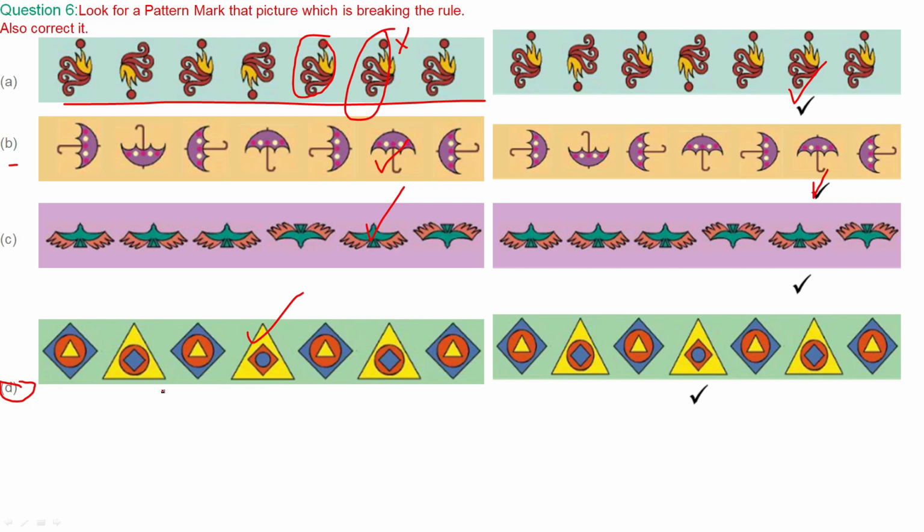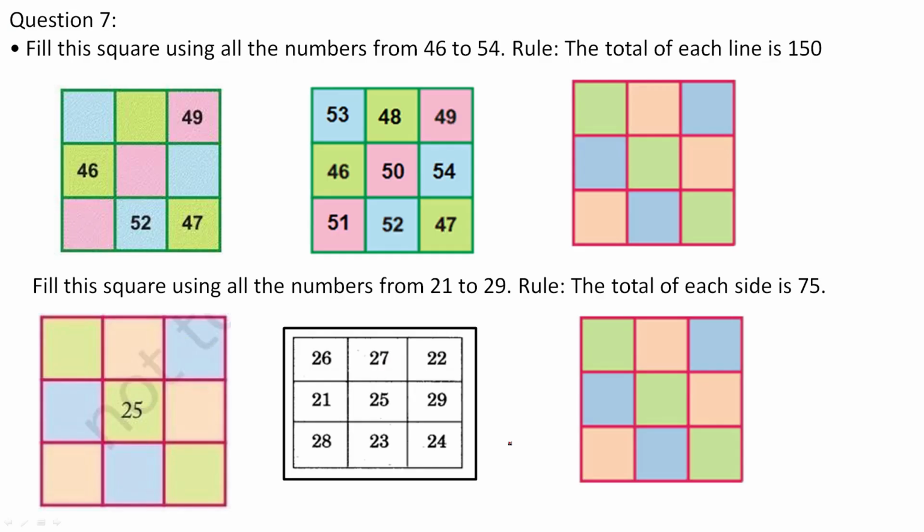The third one: others are systematic, some pattern is followed here, whereas when it comes here the pattern is not followed. Why? Because here you can see the circle, but here inside the circle is not there. Instead of circle, here there is a square. So the rule is breaking here. So that is the answer. It is given in the textbook also.